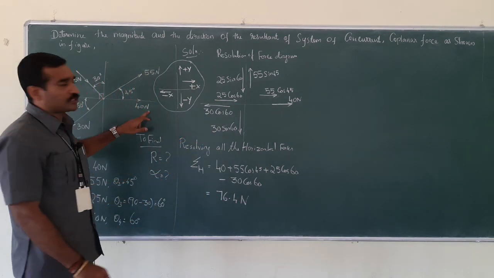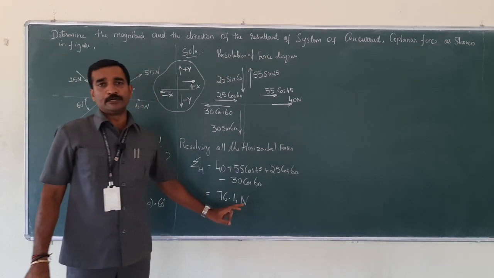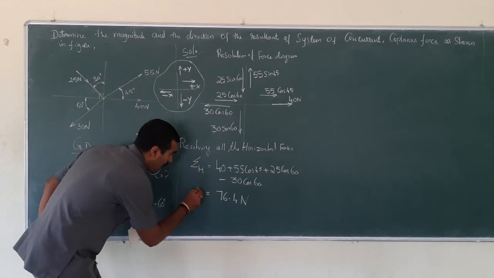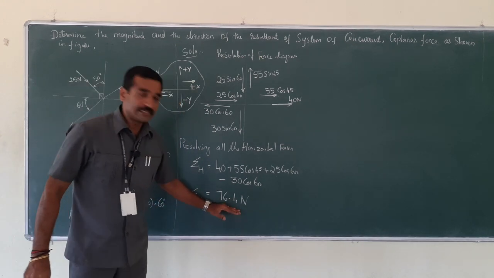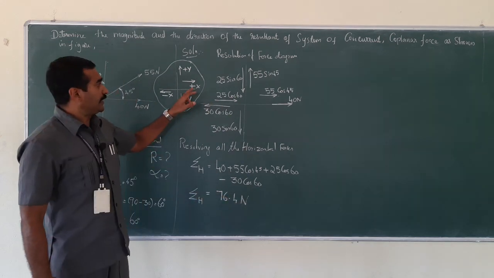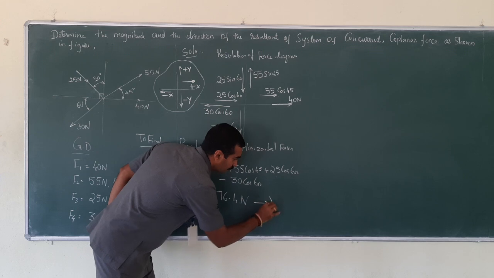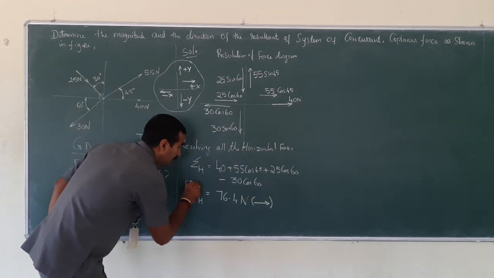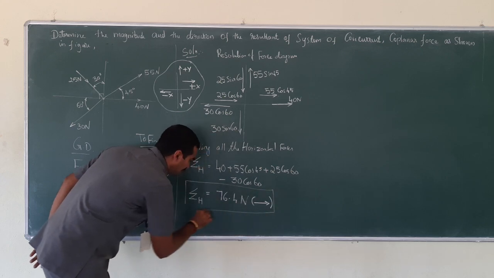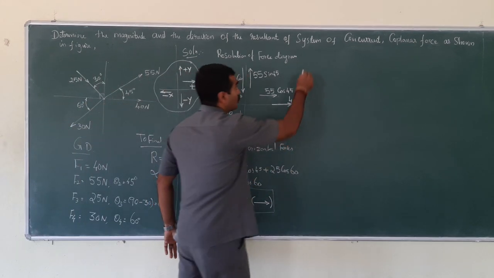In place of Newton, suppose it is mentioned kilonewton, then you have to capture here with kilonewton. So this is the sum of horizontal forces. Since the value is positive, the arrow should be shown in bracket. So that means the summation H is acting in the positive x direction. So now I am going to resolve the